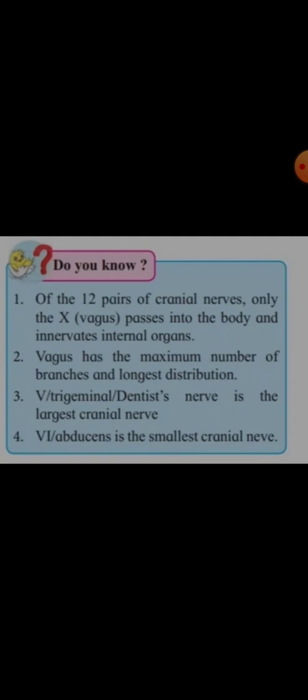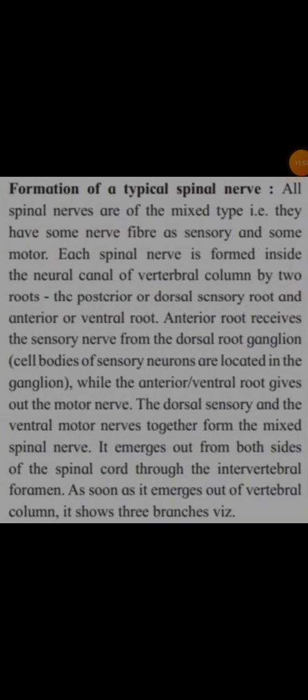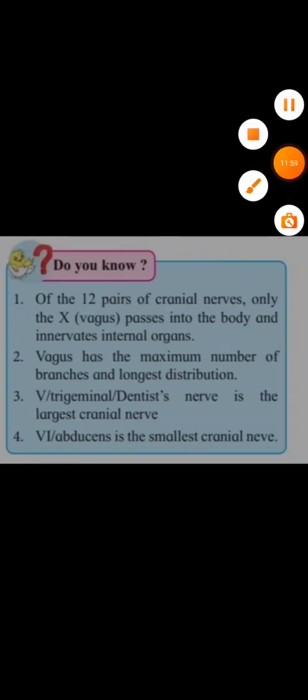Okay, then out of the 12 pairs of the cranial nerves, only the 10th, vagus, passes into the body and innervates the internal organs. Vagus has the maximum number of branches and the longest distribution. Okay, then the fifth, that is the trigeminal or the dentist's nerve, is the largest cranial nerve, and the sixth, the abducens, is the smallest cranial nerve. So you have to remember this. Okay, now afterwards we will start with the formation of the typical